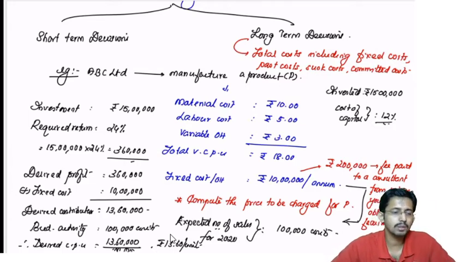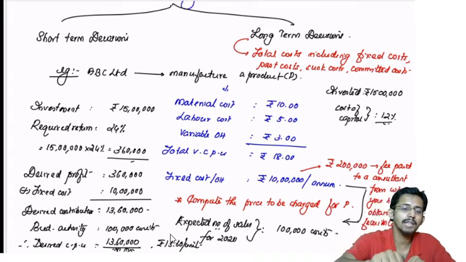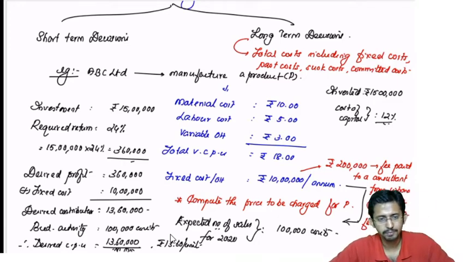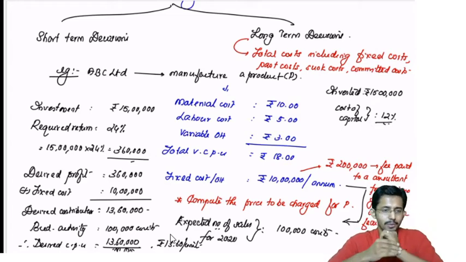Why did you incur that cost? For doing a market research or market study for this particular product. So unless you recover that cost also, you will not make any profits. So you are telling your customer, see, I'm not going to exclude that cost, because I have incurred that cost for this particular product. If I have incurred the cost for this particular product, I should recover that also. So I have considered that also.